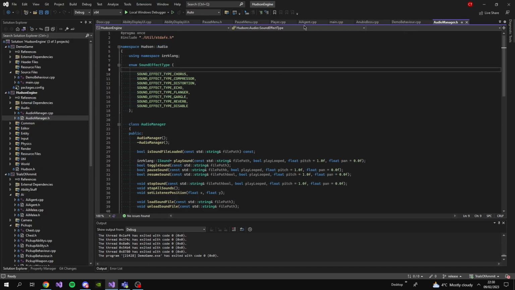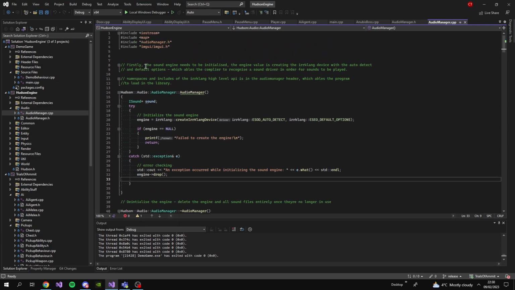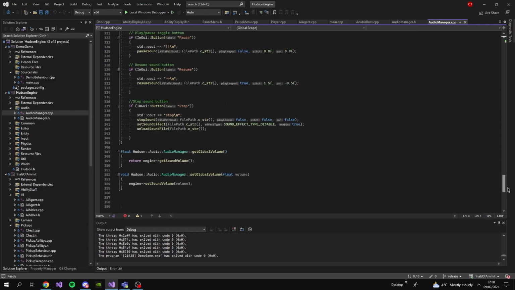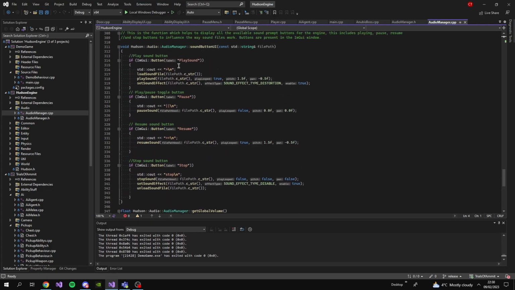If we go on to the CPP file, what we have here is the ImGui, which means we allow for this function to work. So if the button play sound is clicked, we load the sound file with the file pathing and play the sound. Loop to true means if you want to play the sound repeatedly on a loop, and the pitch and